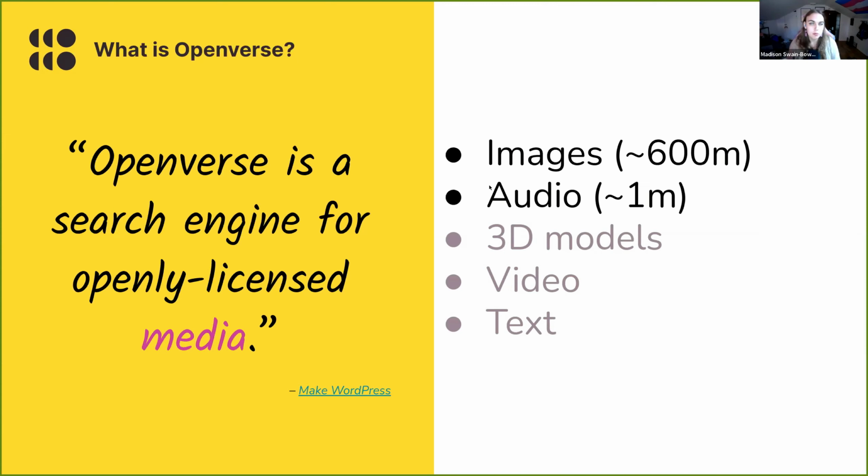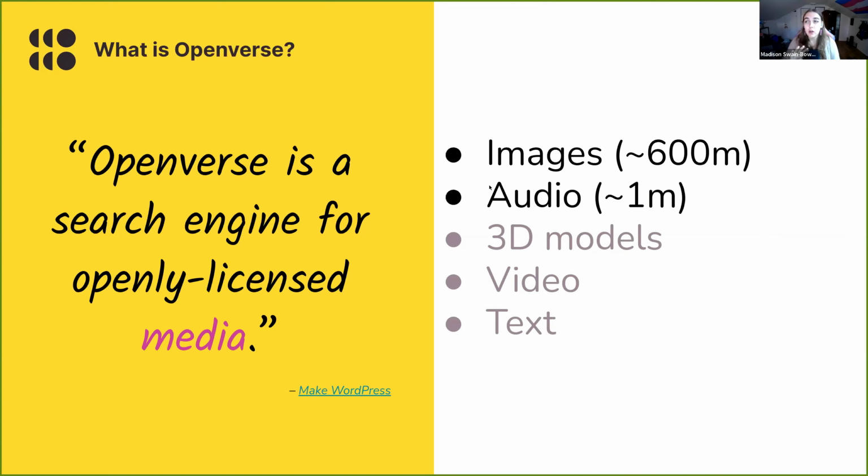So right now, if you go to wordpress.org/openverse and type in a search for bird, let's say, you will get back a whole slew of bird images. You might get back bird calls in audio form. You might get back rock songs that someone made entitled Bird. You'll get a whole slew of different results. And again, hopefully, down the line, we'll maybe have 3D models of birds. We'll have videos of birds flying really weird, something like that. We're hoping to add more media types down the line.